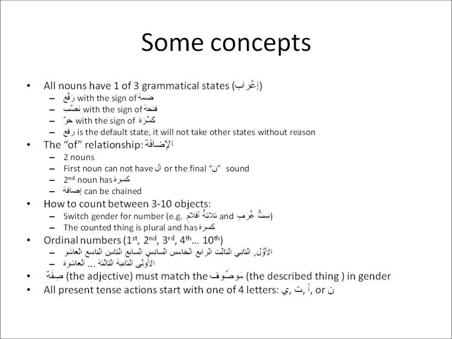So, for example, yuridu, to say he wants. To say you want, when you're talking to a singular masculine, you would say turidu. To say she wants, you would also say turidu. So that's something you have to pick up on: when you put a ta at the front, it can mean more than one meaning, but it's based on the context. To say I want, you say uridu, and to say we want, nuridu.